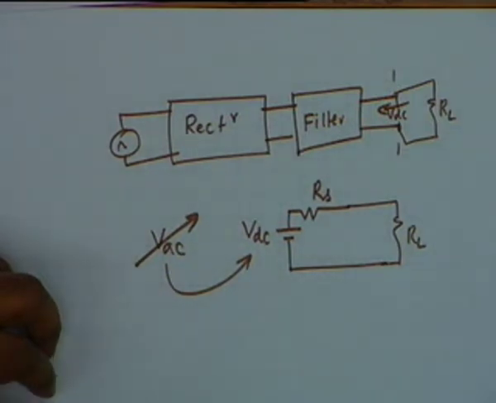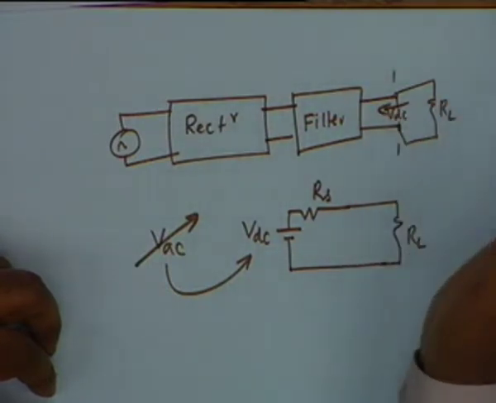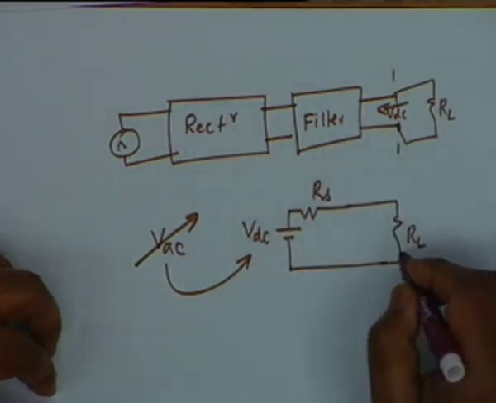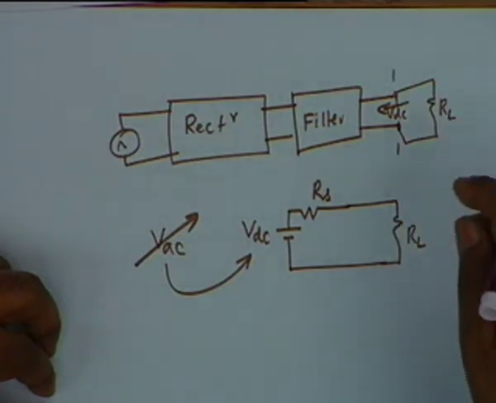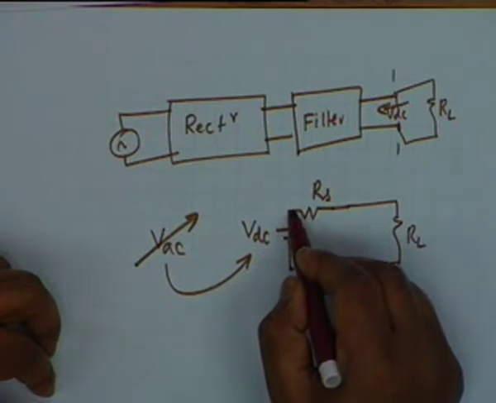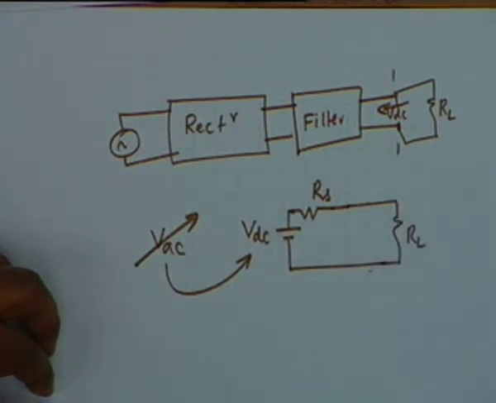That is one thing. Second thing is, if the load fluctuates, you want the fan to be at half speed or full speed, you want to control the lights, alright, then RL fluctuates. If RL fluctuates, then the current drawn by the load fluctuates, and therefore the voltage drop in RS also fluctuates, which means that the load voltage fluctuates, alright.